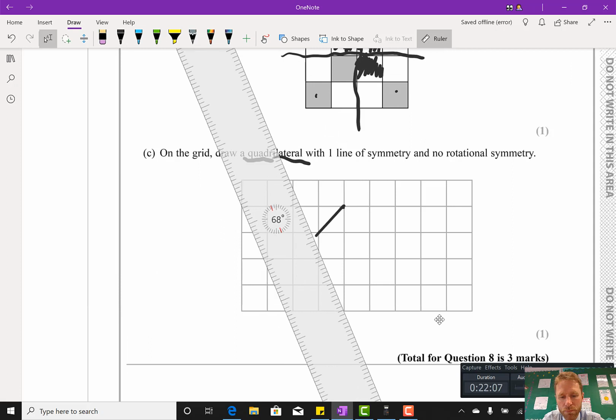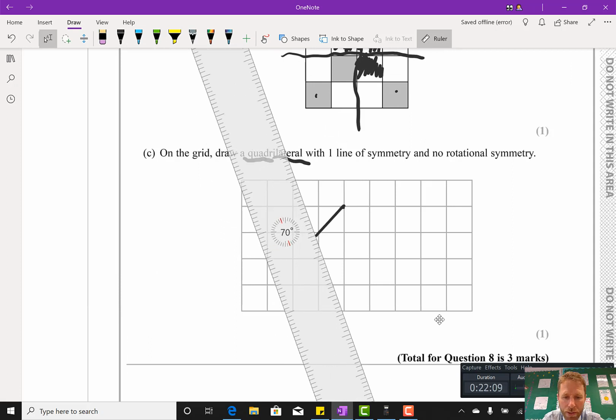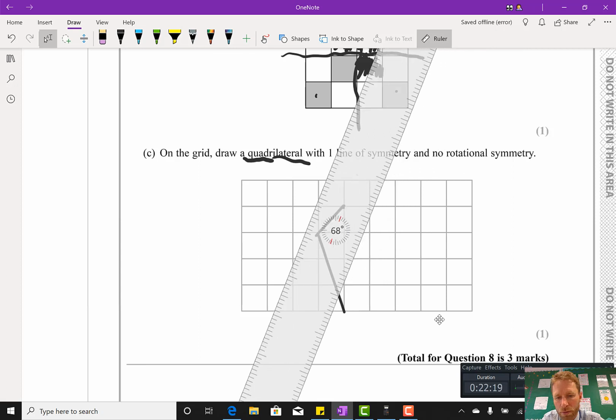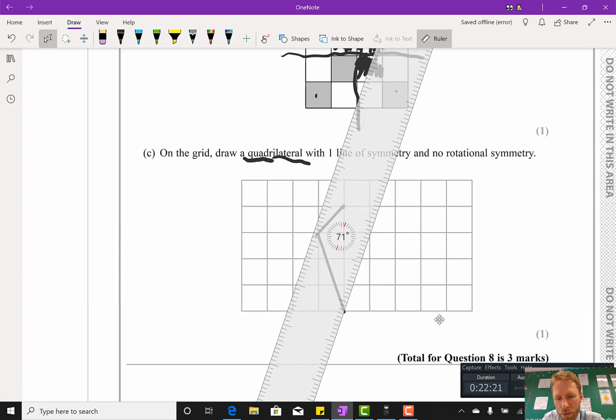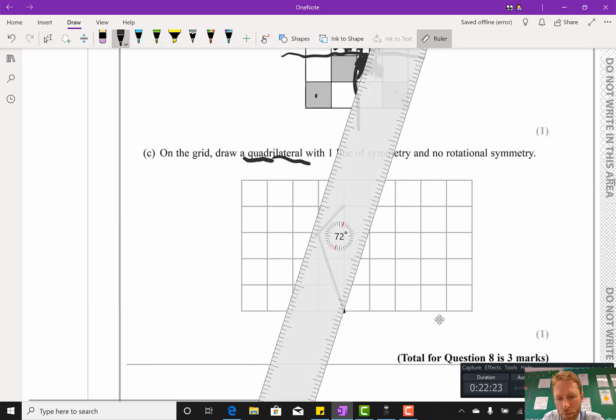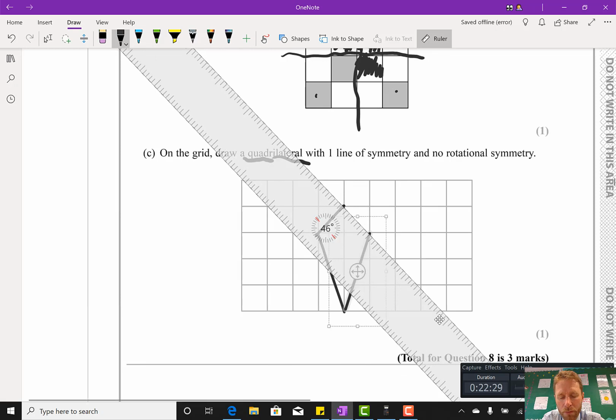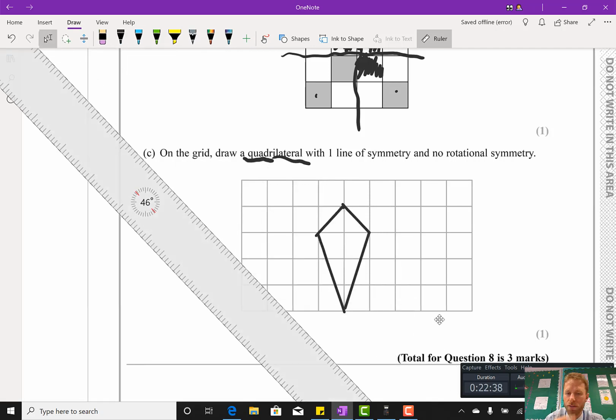Always important to use a ruler. Be accurate. You do not want an examiner having to try and make a decision on what you've drawn, because it is not accurate. So while this is a little bit more awkward for me than it will be for you in an exam, there we go. So the kite has 1 line of symmetry,